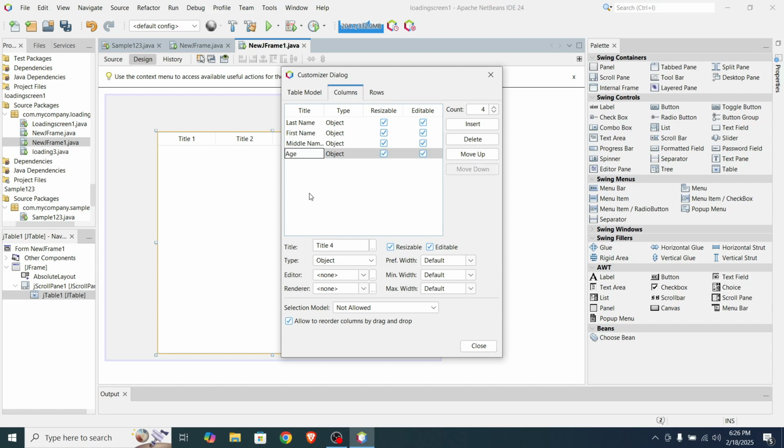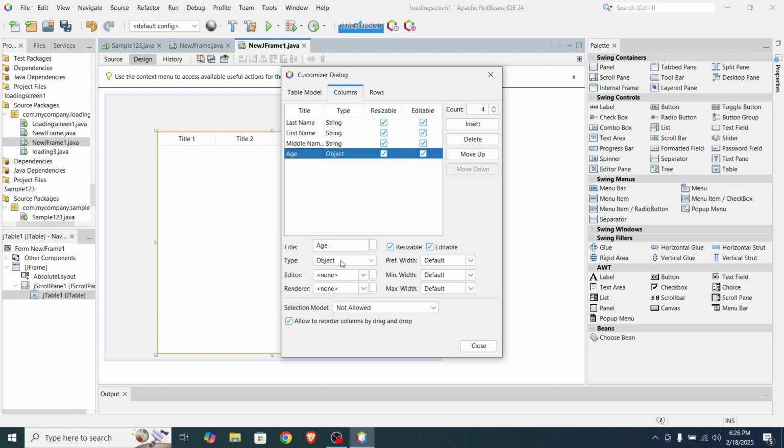Now here in type, we can set its type. For example, when we are talking about name, it can be string. So the type, we can set it to string. But if we are talking about age, this is a numerical value.